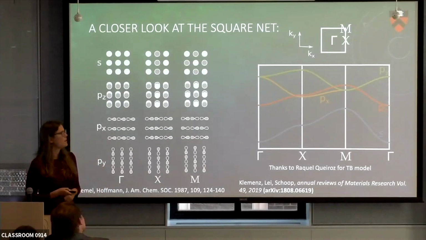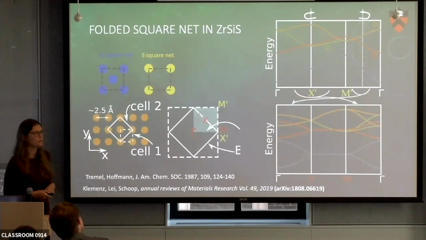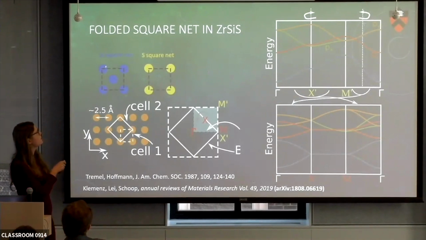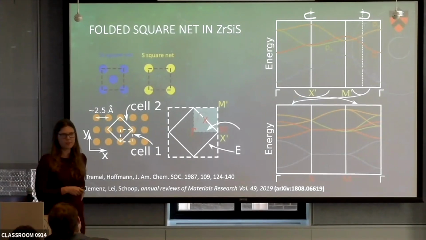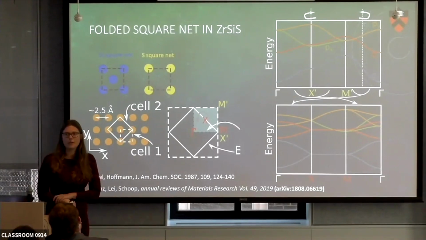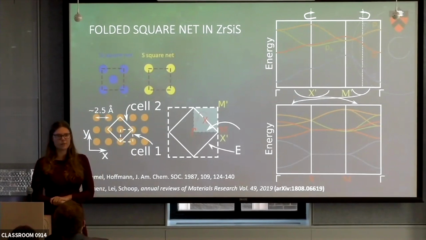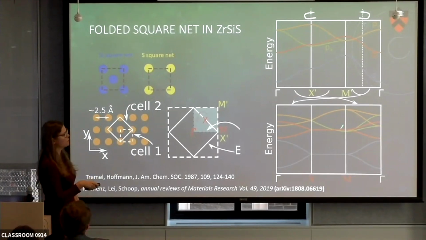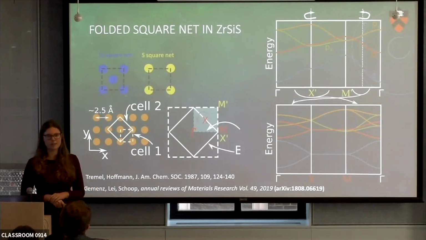Okay? If you look at the crystal structure of zirconium silicon sulfide more carefully, you will see that the silicon square net is actually centered. So therefore we have two atoms in our unit cell again. So we again have two chemically equivalent atoms in the unit cell, which was our second tool we need to have. And because of this, we have to fold the band structure. And once we fold it, we get the linear crossings also in the tight binding model.